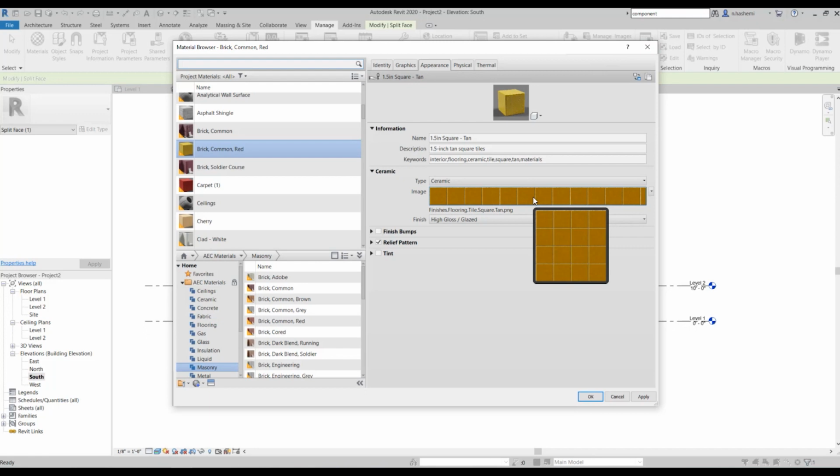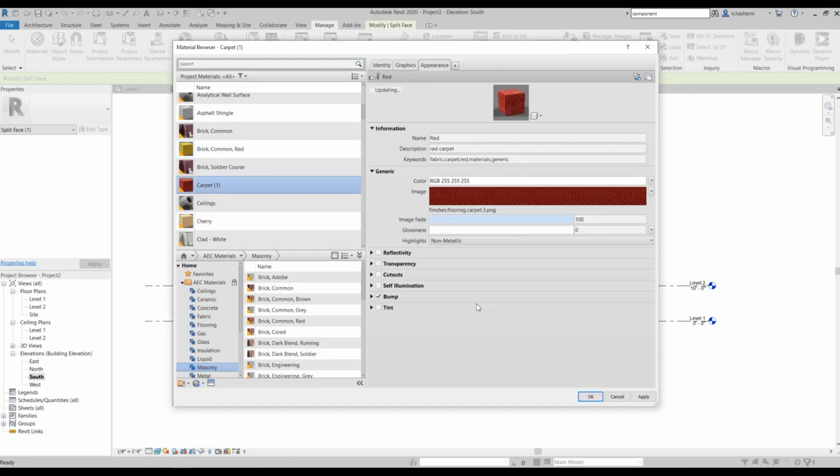Now, what are the steps for creating a new material? First, you need to start with something similar. If you want to create a new carpet material, I would recommend that you start with an existing carpet. Why is that? The settings in the existing carpet material are all set in a way that gives us a realistic carpet. You may just want a carpet with a different pattern. This way, you just need to edit it to match what you are looking for.